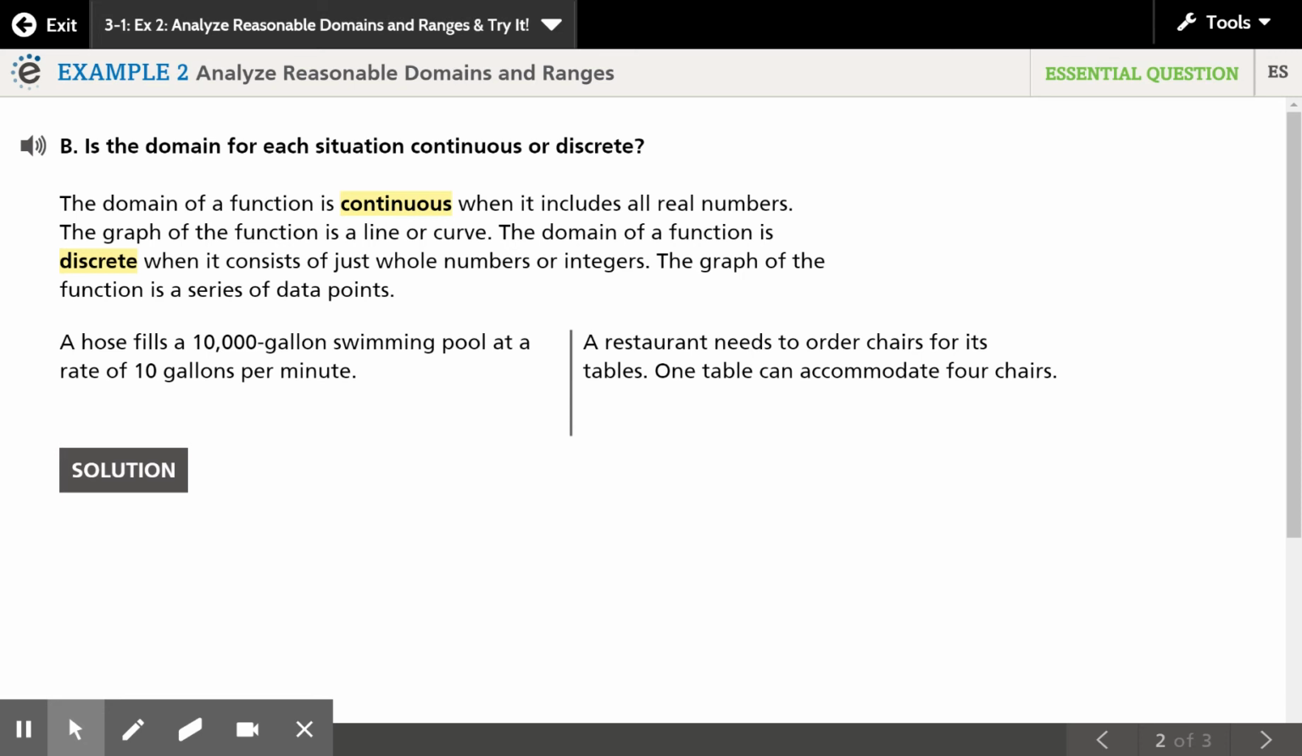Now, more specifically, the domain of a function is discrete when it consists of just whole numbers or integers. The graph of the function is a series of data points. So we've been graphing data points all semester, but it's data points now because we have a situation. So we've been graphing ordered pairs, we're just going to call them data points. So for example,